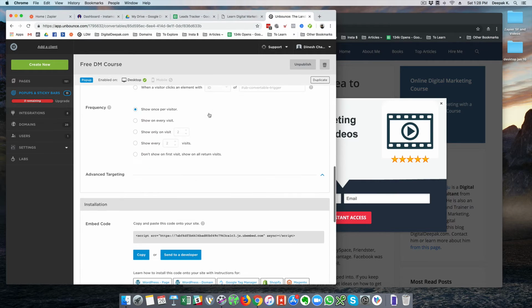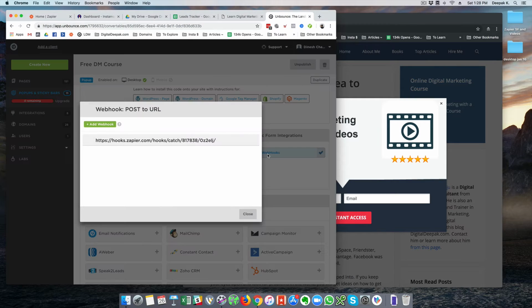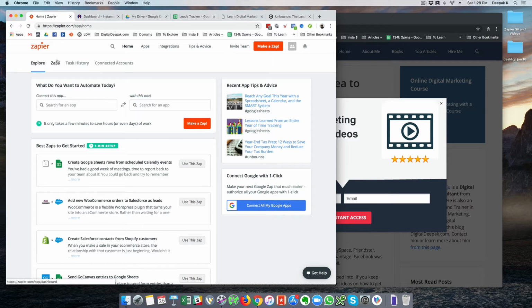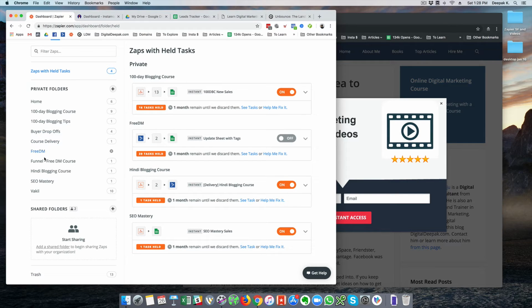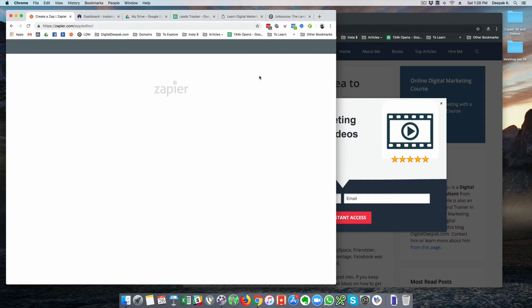So what I need to do here is configure the webhook again. I will create a new webhook. I will click on add webhook, and I will create a new zap here. So I need to click on the funnel, and here I will click on make a new zap,